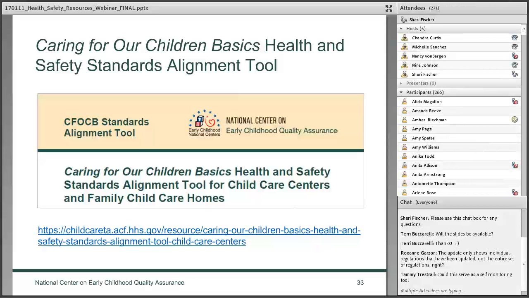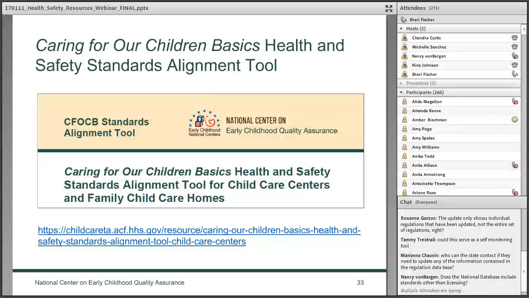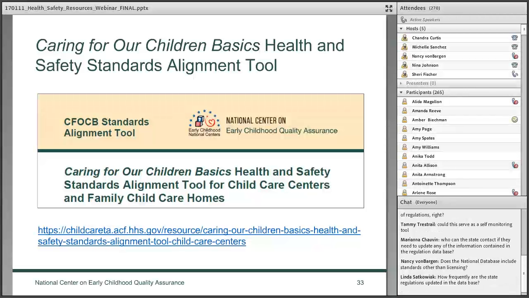Sure. It is the full set of regulations. That's what the date reflects. As I use that tool quite a bit, if there are updates that I find to the regulations, if the dates have changed, I can pretty quickly make that change and include the new set of standards.